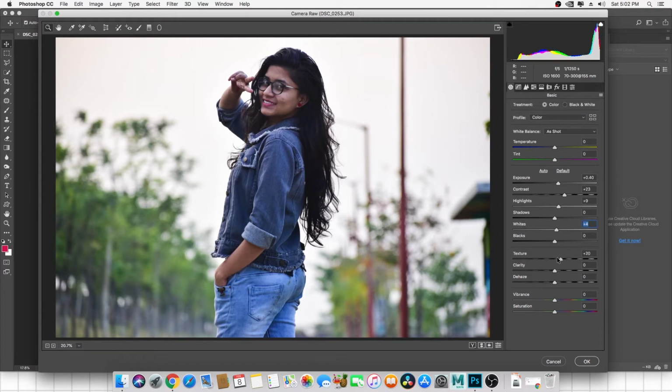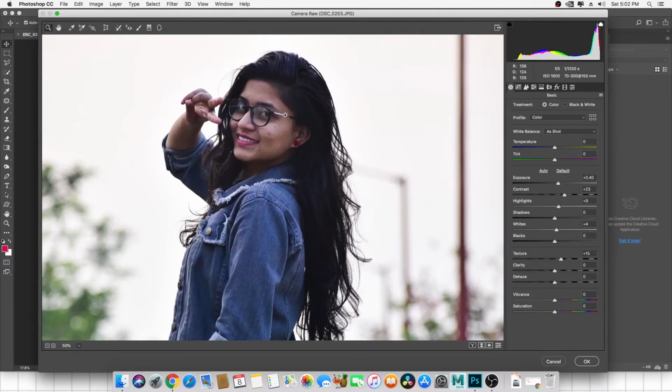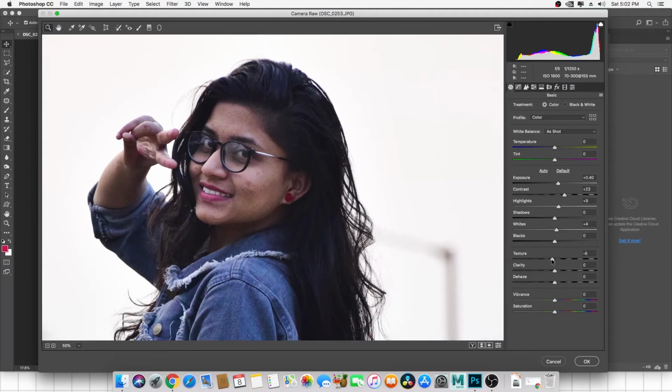If you want to, you can do it. So it gives you a kind of a detailed look in the face. If you see, if I increase texture, it will give me some kind of textury look. Okay, but it also gives you some kind of noise, but I'm totally okay with noise, because noise doesn't make anything worse with the image. It's going to give you a detail of the image.